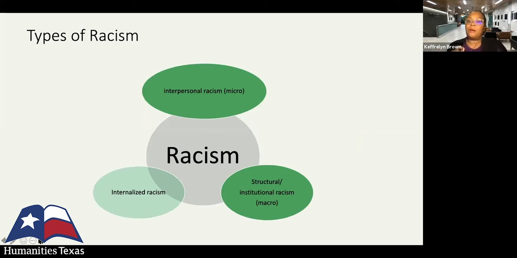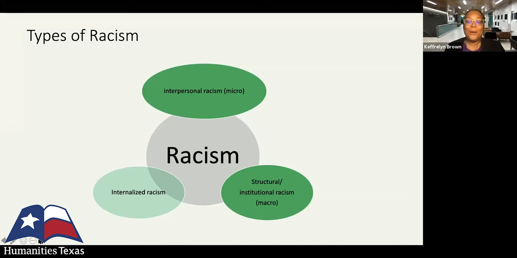So we're identifying 3 specific forms of racism. If we think about racism, what are the ways that racism can get leveraged within our society? And we're arguing that there's interpersonal racism, structural institutional racism, and then internalized racism. For our conversation today, the two green,